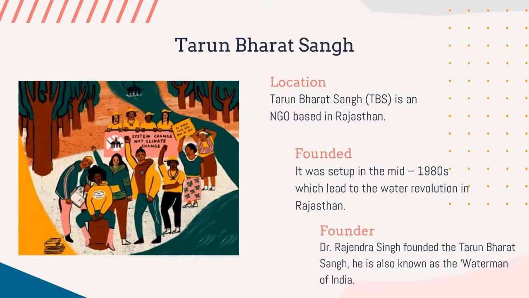He formed an organization known as the Tarun Bharat Sangh, which worked for building 11,000 johads in hundreds of villages. All over India, he started a campaign for water conservation, revival of rivers, forest conservation, etc. His social movement is active for the last 31 years. He won the Stockholm Water Prize, an award known as the Nobel Prize for Water.